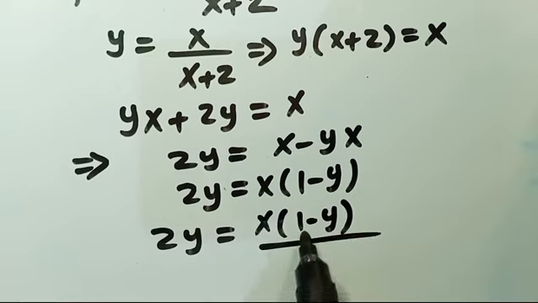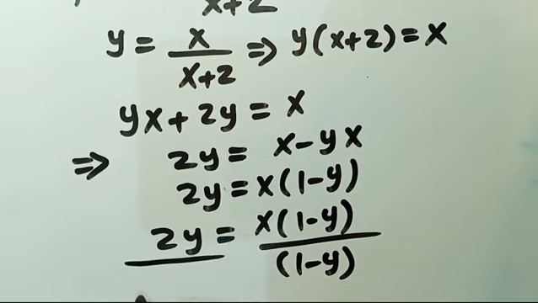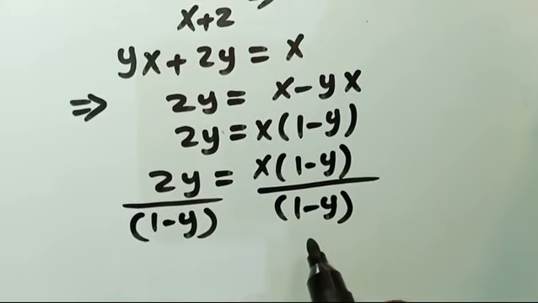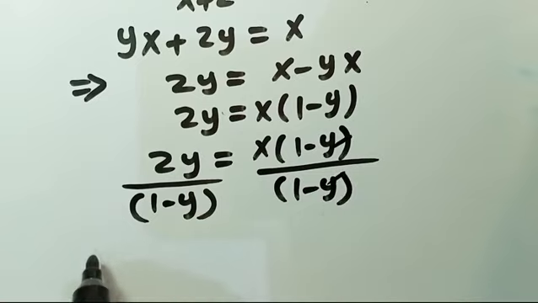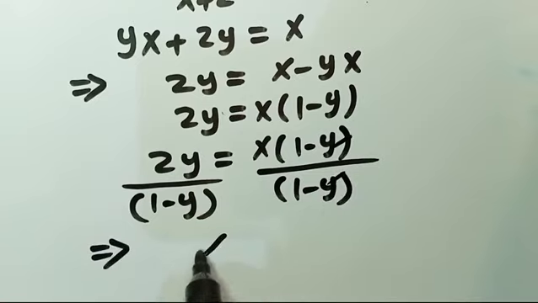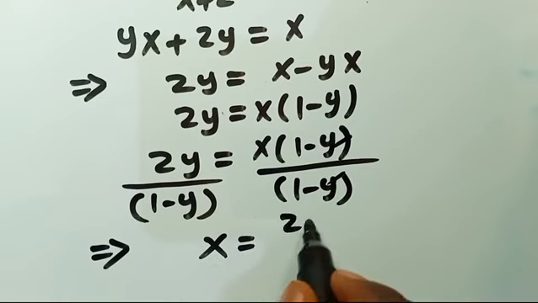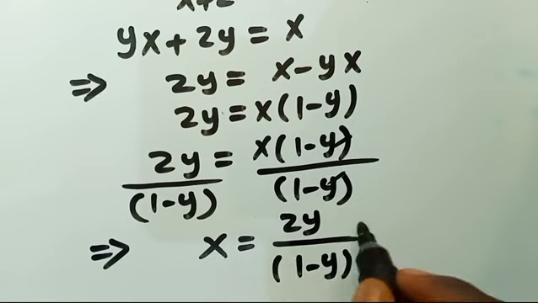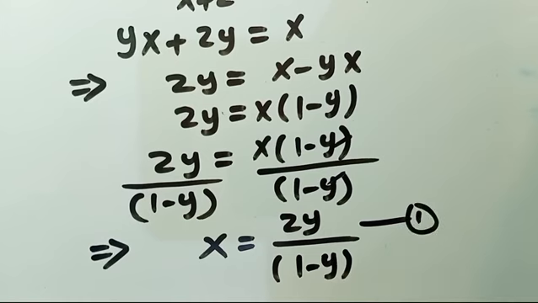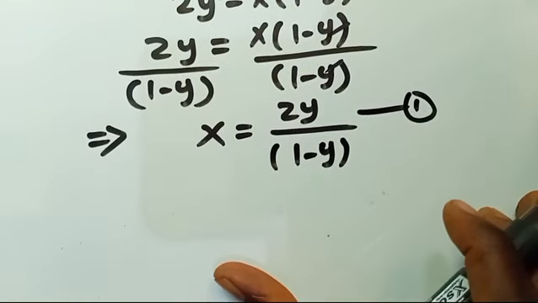Let's divide through by this, 1 minus y in parentheses. So obviously, this will cancel out this. So we are going to have our x to be 2y over 1 minus y. So if you have this as this, then let us now recall